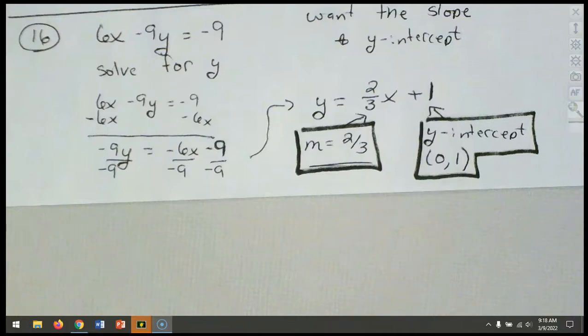Let's go ahead now and take a short break. And then we're going to come back and we're going to finish up 2.3. 2.3, again, is the hardest section in this chapter. So let's meet back here in about 10 minutes. So let's meet back here at 9:30, and then we will